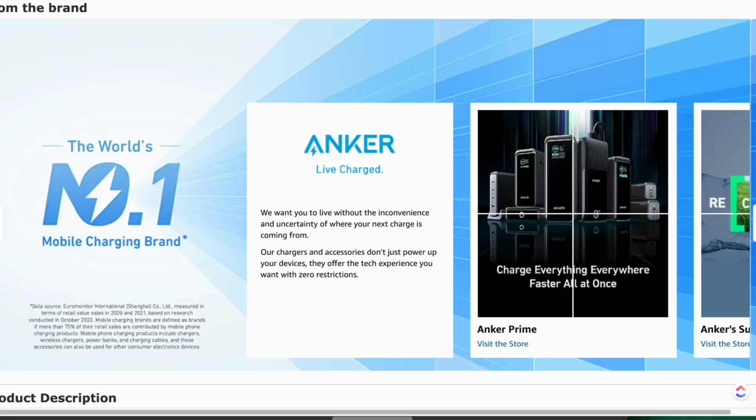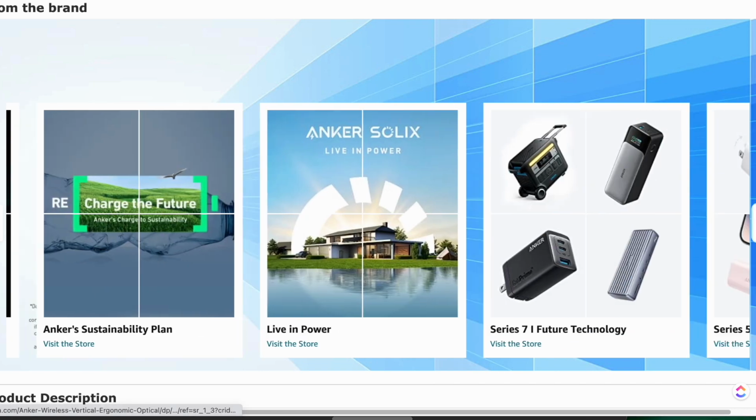Next up, we have your brand story, which is a part of enhanced brand content and one of the requirements if you would like to eventually qualify for premium A+ content. But that's not the only reason that you should use the brand story. The brand story is fantastic for a few reasons. This gives you an opportunity to expand your A+ content because it's an additional module that appears above your A+ content, and it's scrollable. So it's a carousel function that allows you to have a few different sections that include